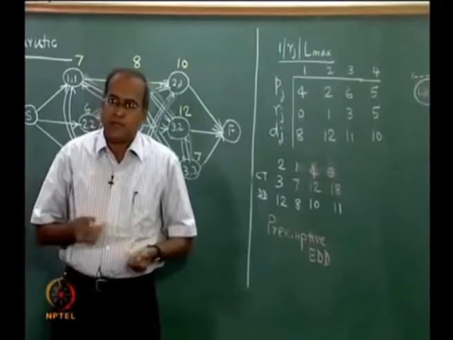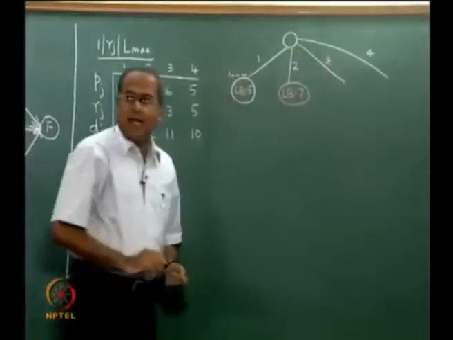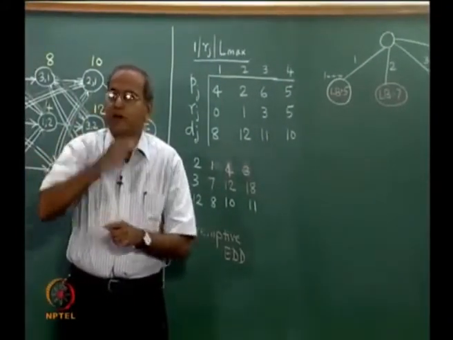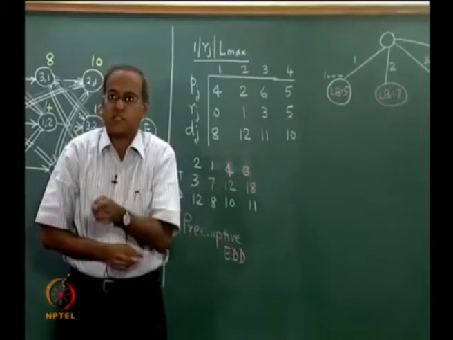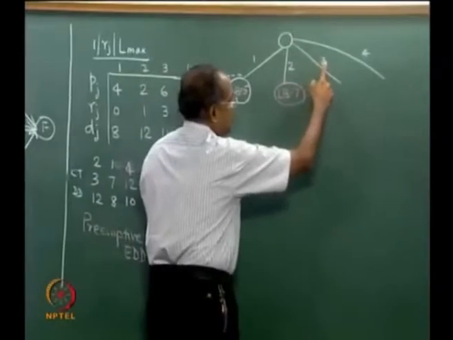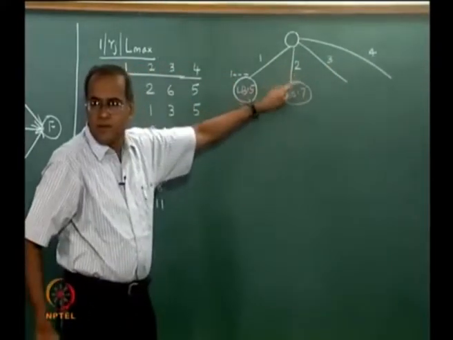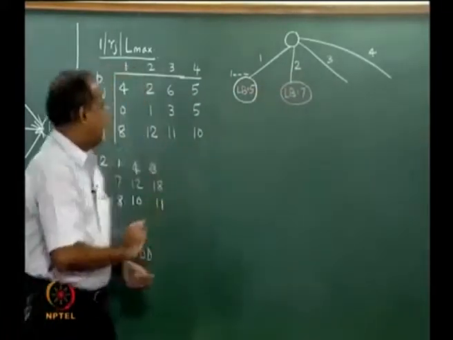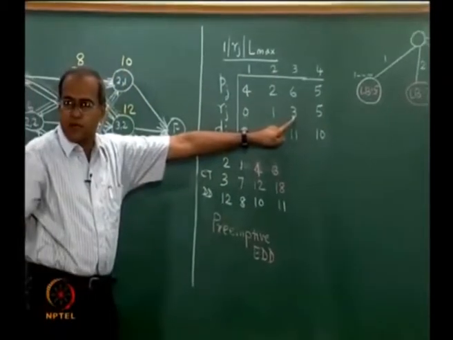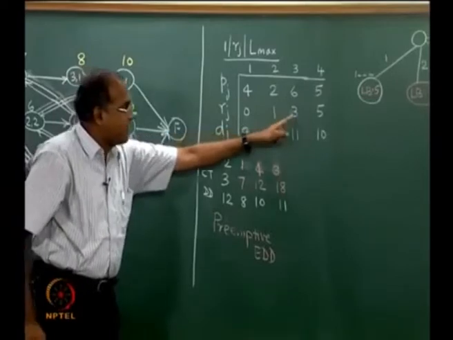So typically if there is a job 3 as the first job, and there is some other job which can be completed before this job can be started as the first job, then the L max associated with this will always be higher than the L max associated with this, because this can be done ahead. If you see carefully, if I have to do job 3 first, I have to wait for time equal to 3. So 3 minutes the machine is idle, and then after that I have to do 2.